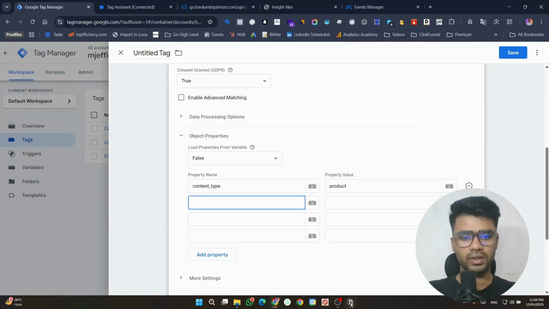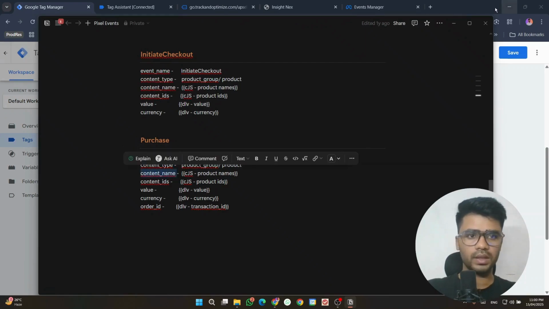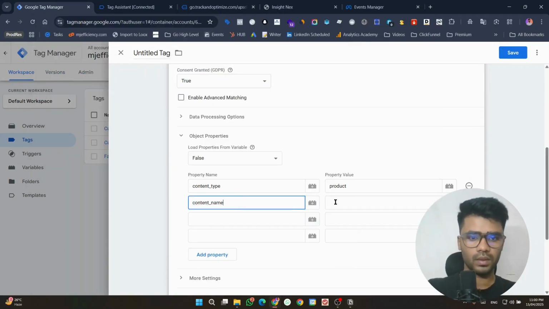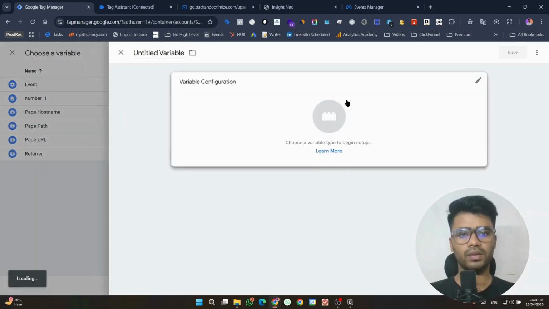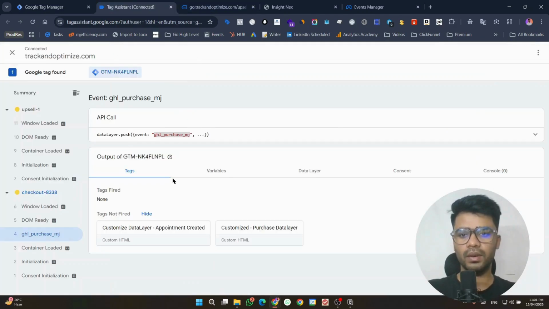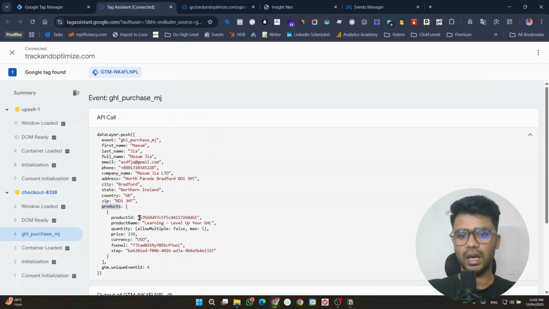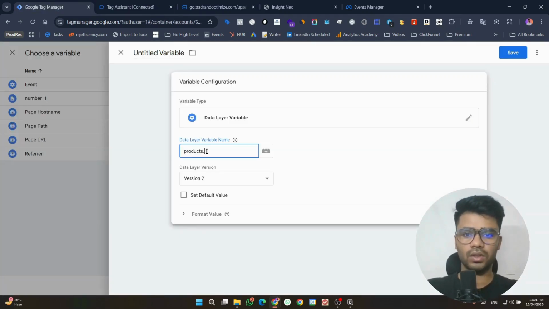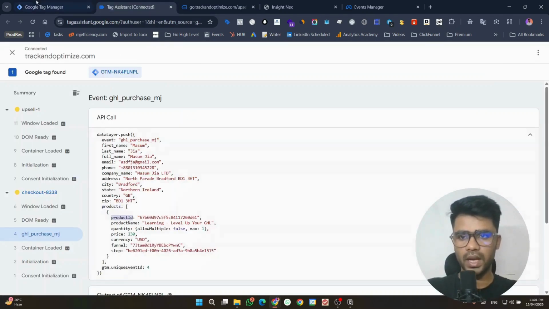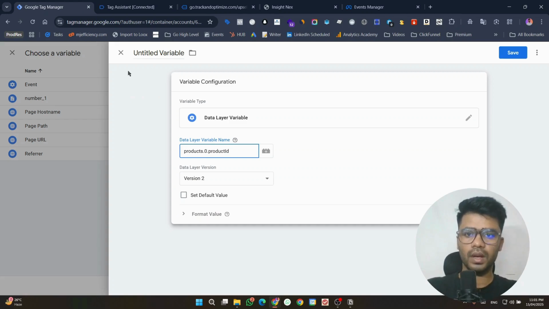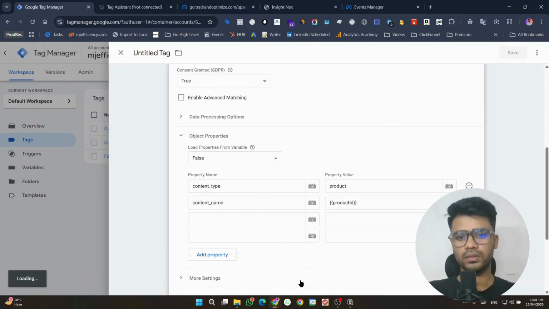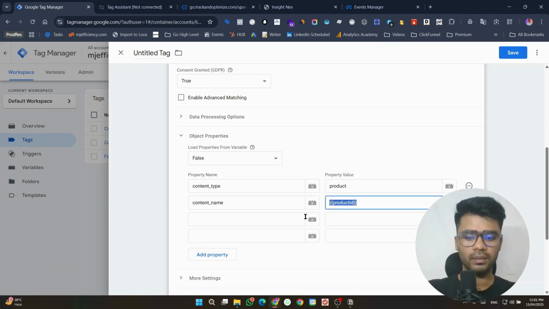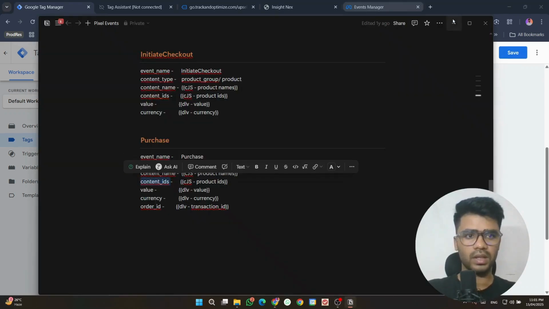Data requires all of this. Content. We need to create the variable from our data layer. You can go to data layer variable and just fetch the details: products dot product ID, and then we get the item ID, or it was the item name. So let me fetch the other parameters also: content IDs,